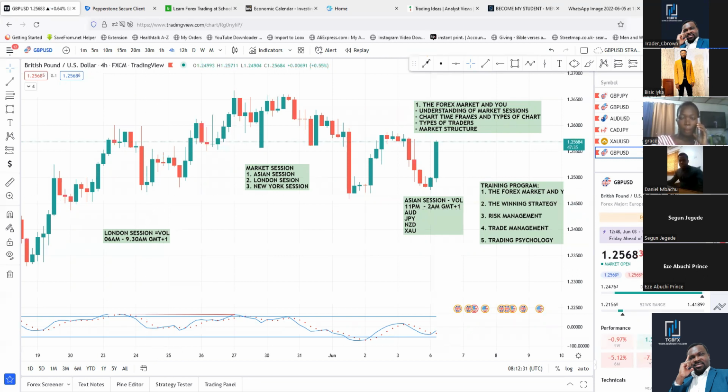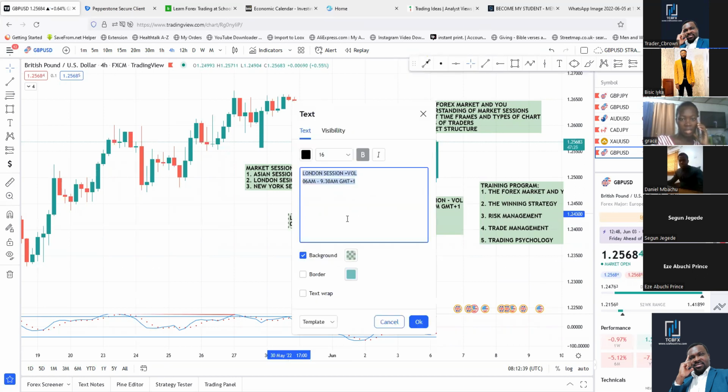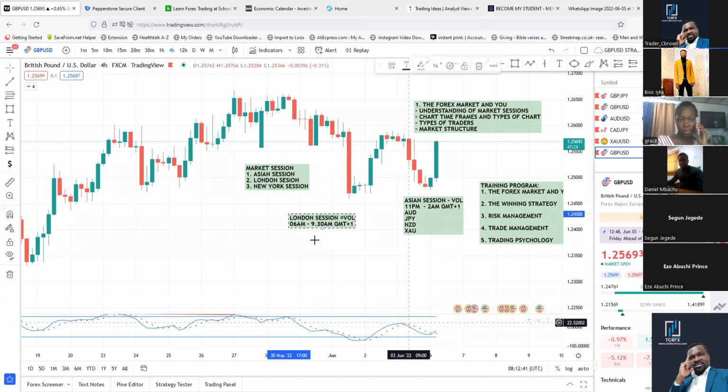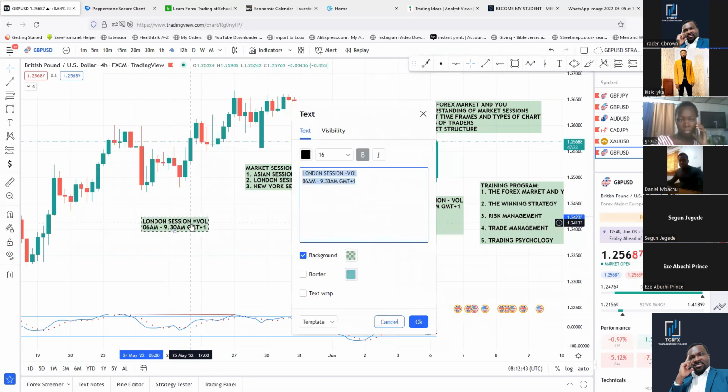Very important. I'm emphasizing it now because I trade London session, so I know what I'm talking about. Now let's add more sections, because there's more volatility in London session. It's a very busy section. Now let's assume you missed that opportunity. You couldn't trade within that time frame.